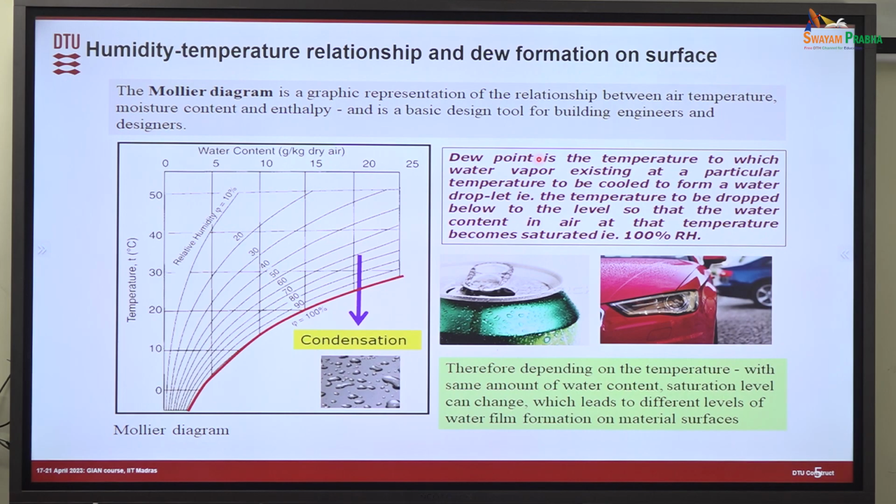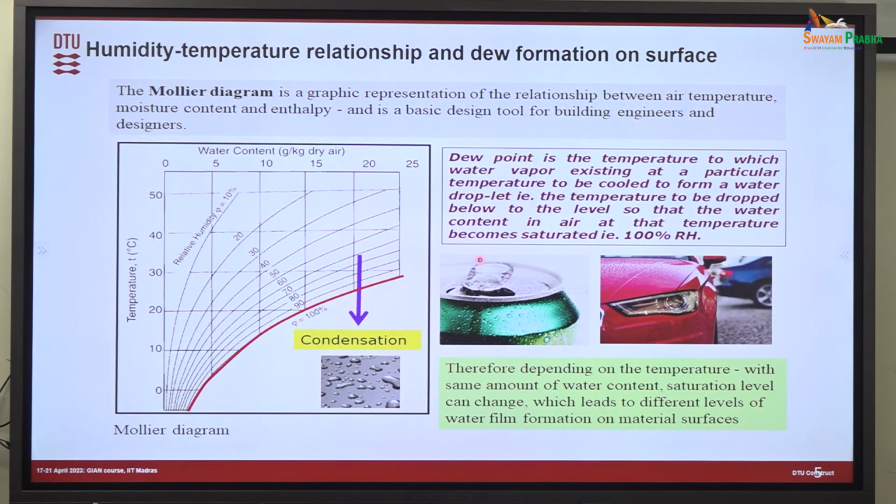And that shows that, for example, if you take a temperature of 30 degrees centigrade, and the humidity level is 40% relative humidity, the water content in the air is 10 grams per kg of the air, like that. On the other hand, if it is the same temperature, 30 degrees centigrade, and you go to 90% humidity, this goes to almost 25 grams per kg of air. So it shows the amount of water that the air can hold as a function of temperature. That is a nice thing which this